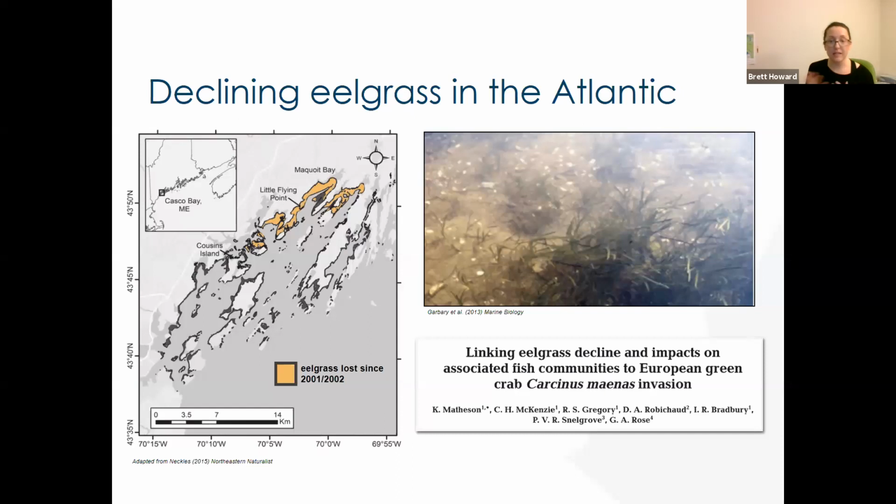On the east coast of North America, a number of studies had come out showing that increasing populations of green crab were really bad for eelgrass. So either anecdotally, they saw these huge declines in eelgrass as green crab populations came up, or in a few cases, they actually ran experiments, which is the picture on the right there, putting in enclosures, and then the green crab would just sort of tear up all the eelgrass while they searched for their bivalve prey. So this is obviously a concern on the Atlantic, and I wanted to know if the same pattern would occur